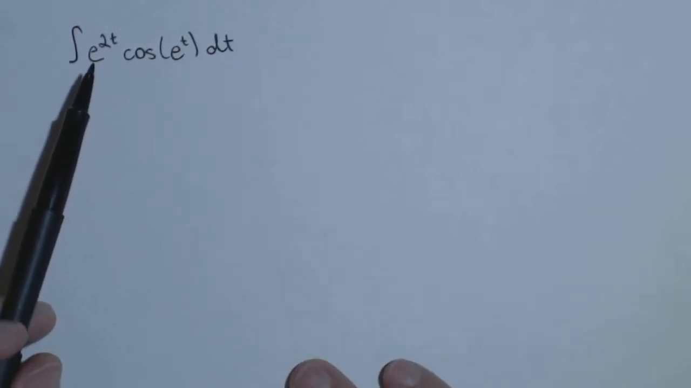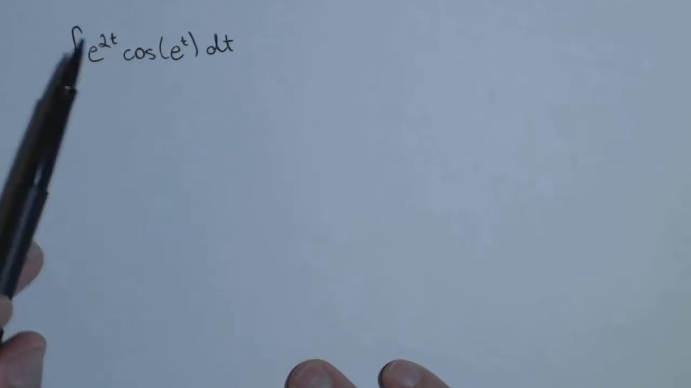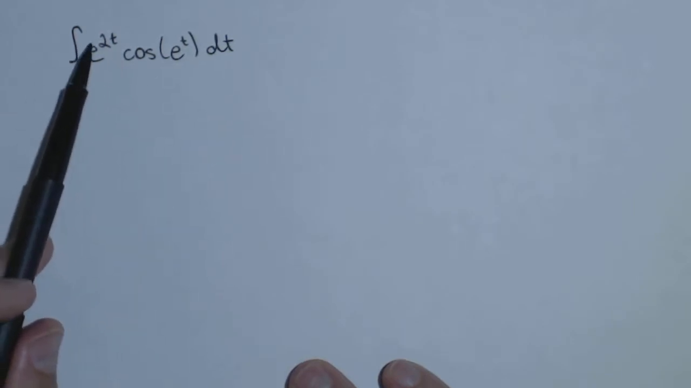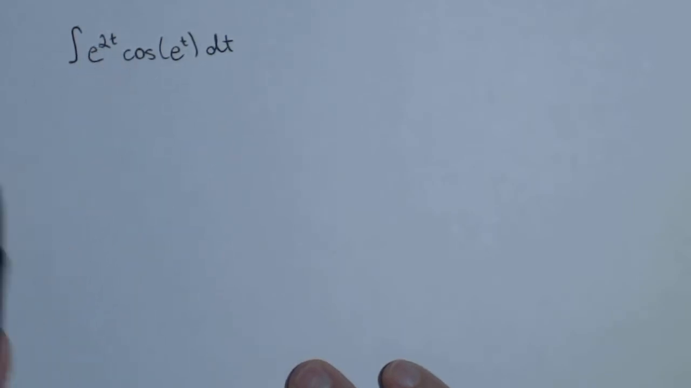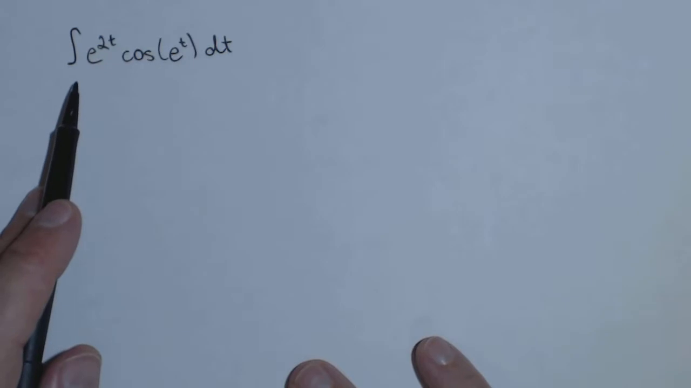In this video, we're going to find the antiderivative of e to the 2t cosine of e to the t dt. So we have a product. Had this just been e to the t, it would have been a straightforward u substitution. Substitution is going to help us make this easier though,